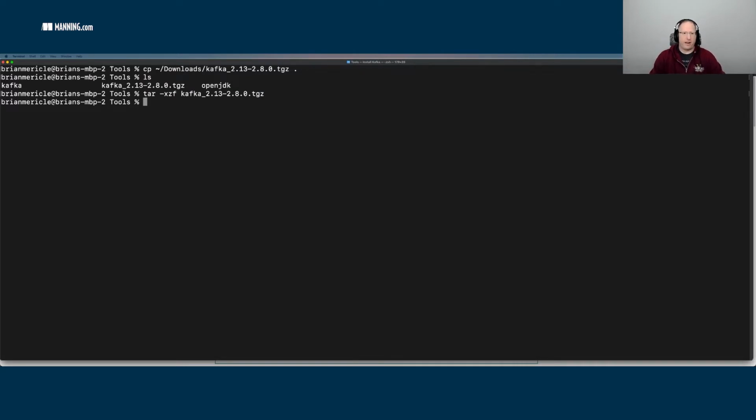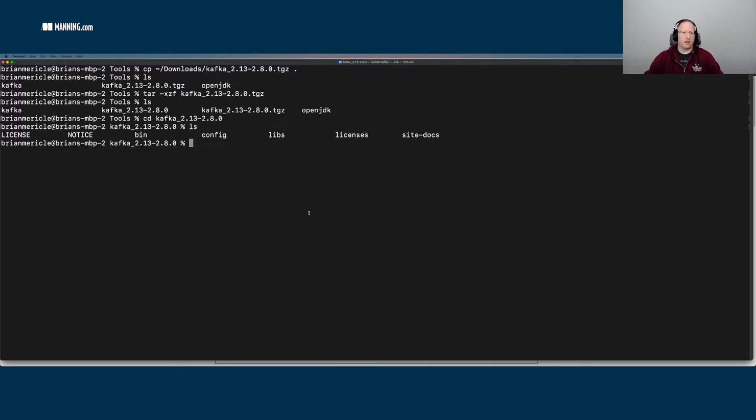So now that I've unzipped that, we can look here, and now I see a new directory for Kafka. I go in here, I'm going to see a bunch of standard stuff: licenses, notices, config, libs. But what we're looking at here is the bin directory. The bin directory itself is where the scripts are to start and stop the various components that you need